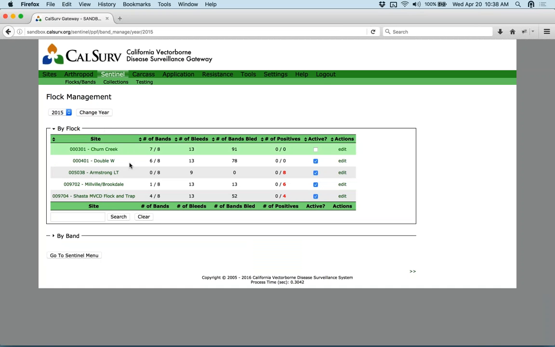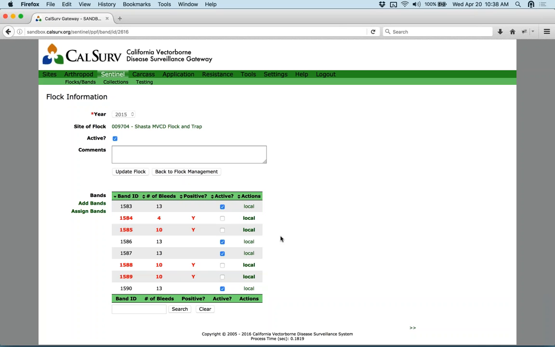So these are the flocks that Shasta ran last year. These are the sites associated with them. You can also get a quick overview of how many positives were confirmed last year. If there's a need to edit them, you can go in, and the situation where you'd want to edit flocks